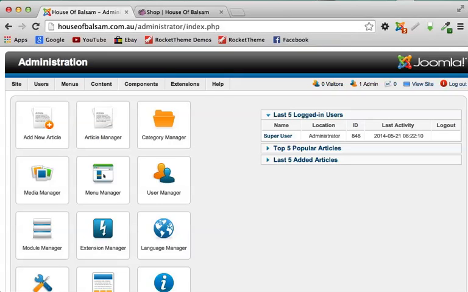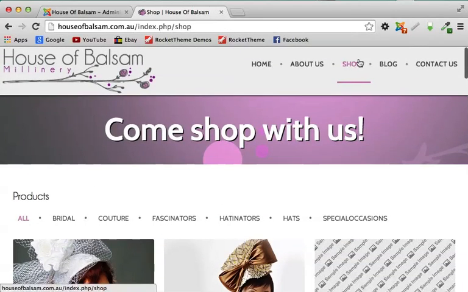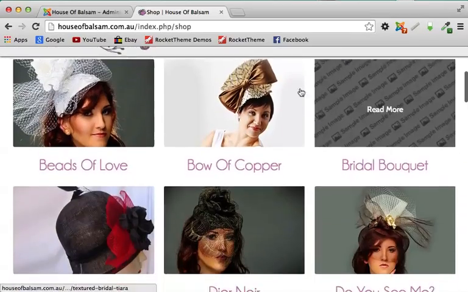Okay, just an updated tutorial on how to add new products to the House of Balsam website. A little bit more complicated than usual because we have two components working together. The first component is what we see under the shop menu on the front end of the website, and it